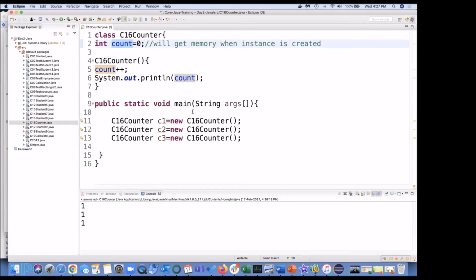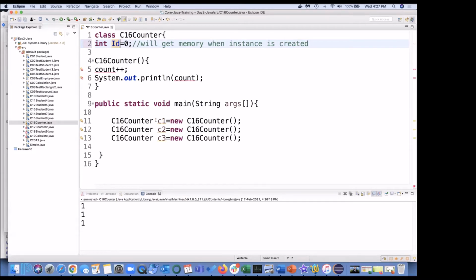But just imagine, earlier we have created student 1 2 3. So for student 1, suppose it is the student ID. For C1 the student ID will be different, for C2 it will be different, for C3 it will be different. Agreed? Yes. And in the same fashion, it is just one variable.